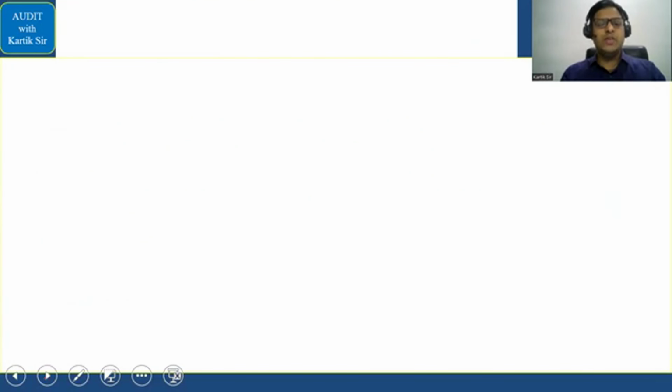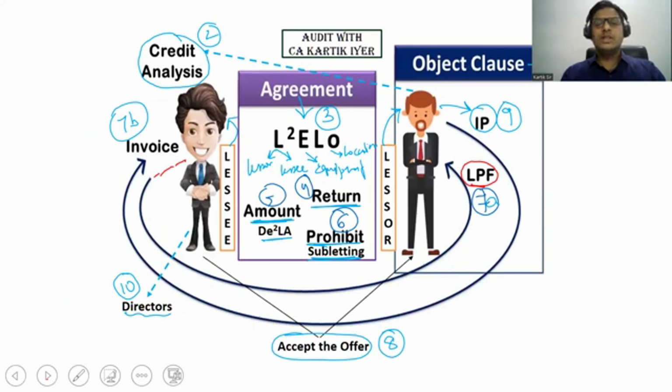Let's start. Now we are entering the next part, that is in relation to, sir, in the case of any hire purchase transaction, we have seen what matter is there. Now we are going to see into lease transactions. अगर कोई lease transaction रहेगा, and if you are the auditor of the lessor, तो ये बंदा lessor है जो एक asset भाड़े पे दे रहा है, and this guy is the lessee.